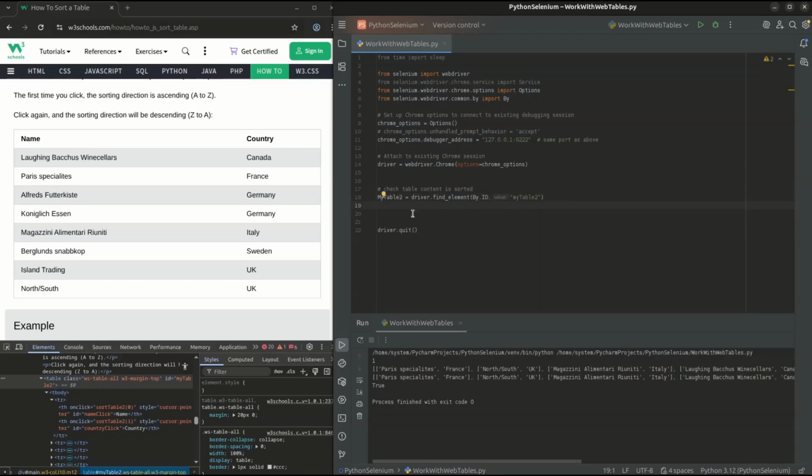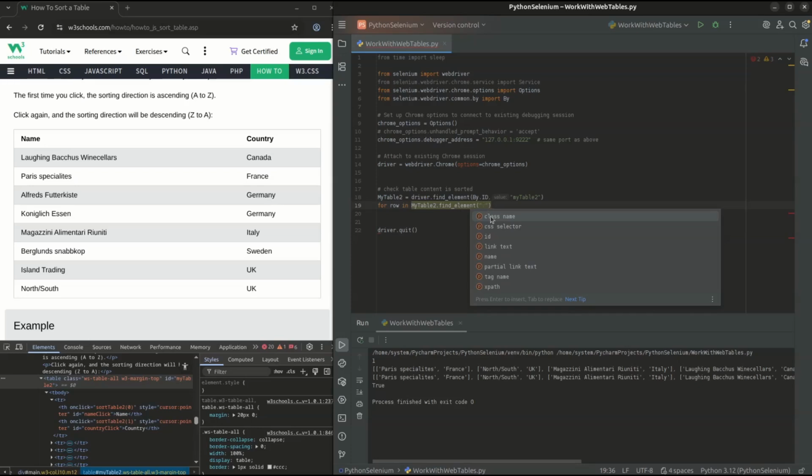Next thing is to get the data from this table. So we will write the logic for that. We need to iterate over the rows and then columns to get the data. So first I'll write the row to get the data for that. Within this table we want to find the rows, so I'm giving a dot